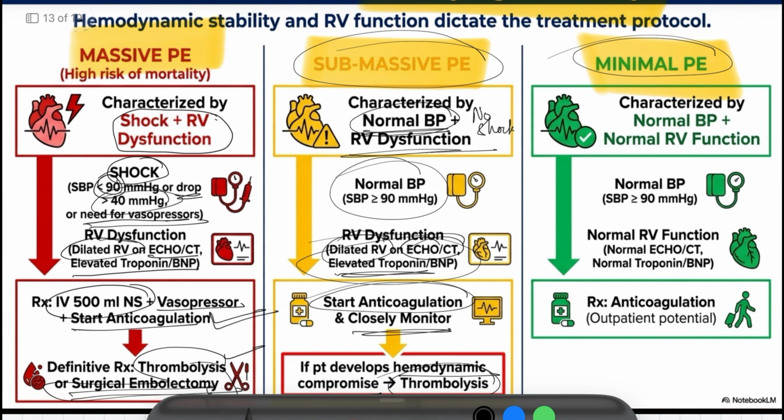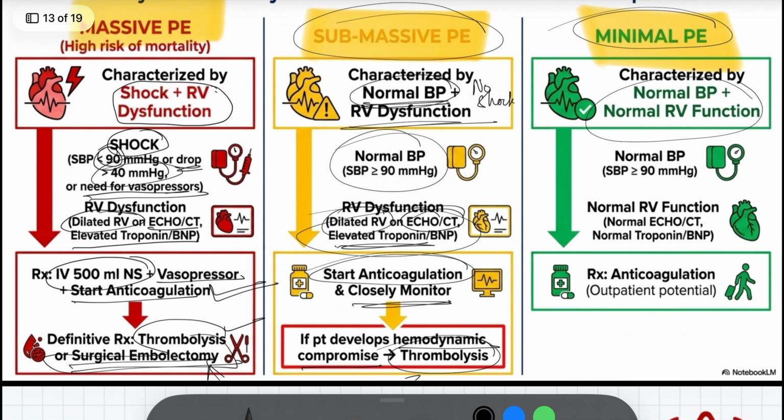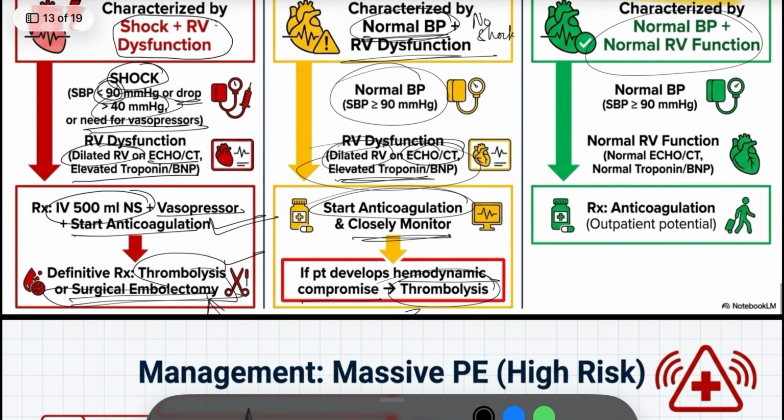Then coming to minimal pulmonary thromboembolism, here everything is fine. The patient is having mild symptoms, so you have to go with the anticoagulant. You can manage it on an outpatient basis. Then coming to the specific management, massive, as I said, you have to manage with immediate management